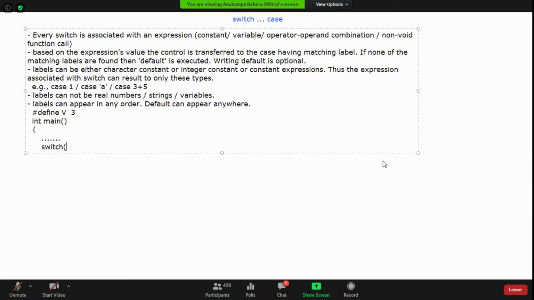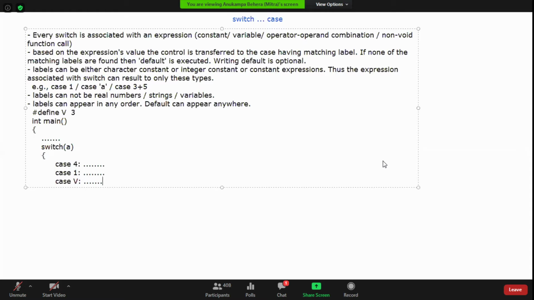Suppose there is a variable a, and its value varies between 1 to 4. I can write like this, case 4, then case 1, no need to write in sequence, then case v, also possible, no problem.